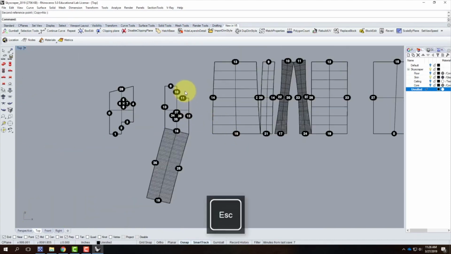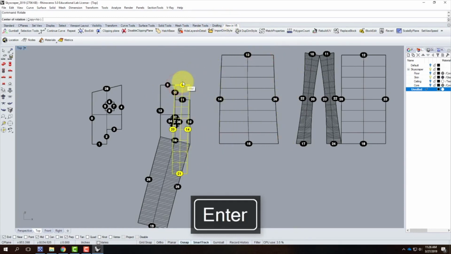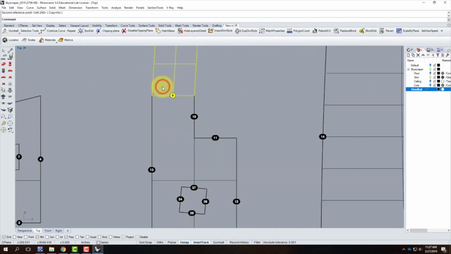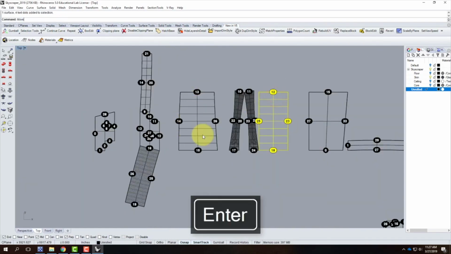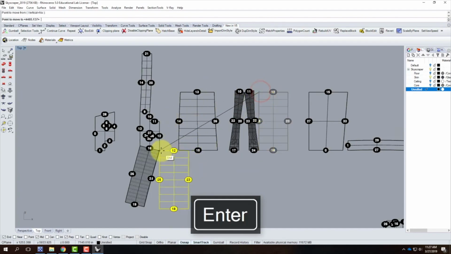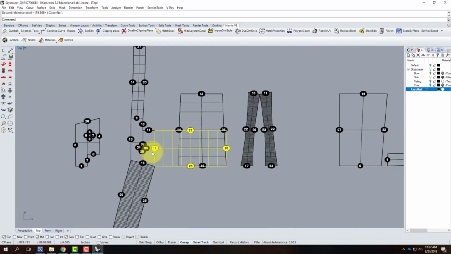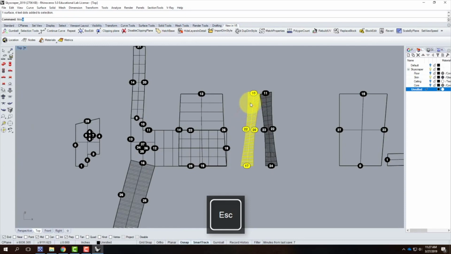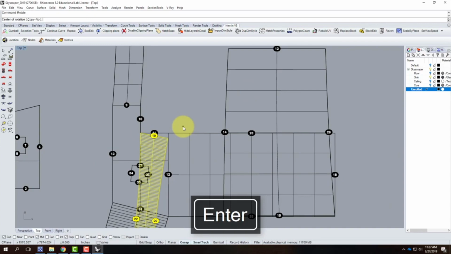As I continue on here, there's more pieces. 9 should match up with 9. So let's go ahead and move 9 to there and then rotate around to right there. And again, that should match up perfectly as well. 12 should match up with 12. We can move 12 over here. And we can rotate this like that. And again, that should snap nicely. 10 here should match up with 10 right there. And we'll go ahead and rotate again